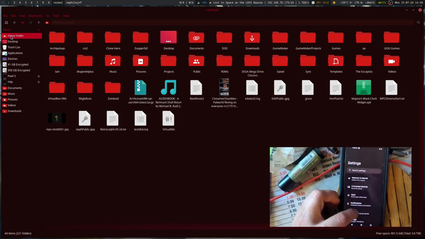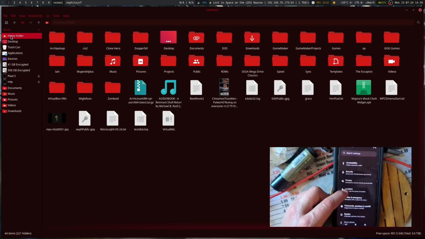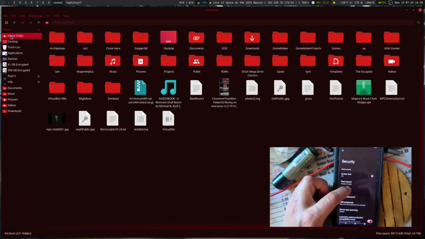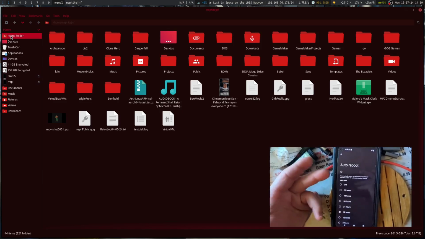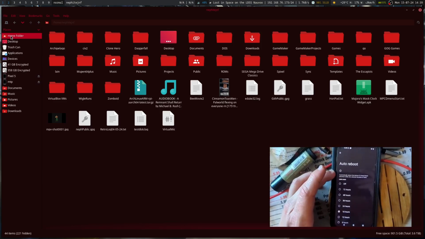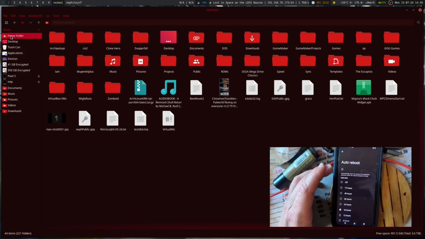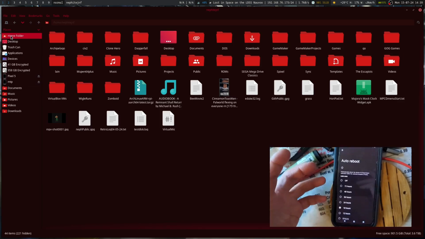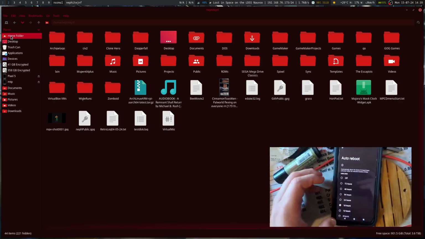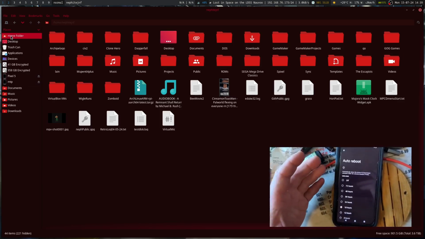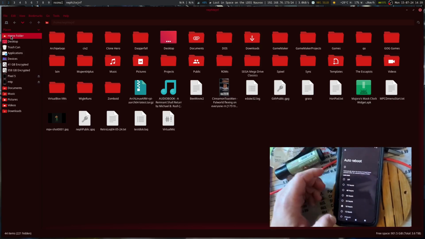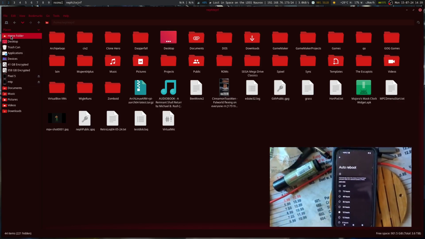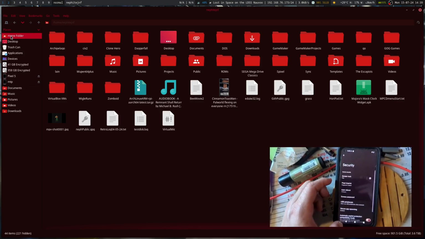So if we go in, where was it? Security. Auto reboot is set to 18 hours. Calyx has the same setting, but it's set to off by default, so it automatically reboots the device if it hasn't been unlocked within the selected duration of time. So that's one setting that basically puts your data at rest after so many hours. And depending on if the shooter had that available, it would have done that automatically. But I doubt that was the case in this case.